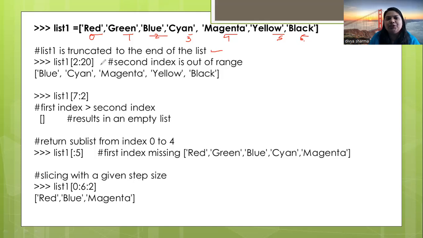Suppose we want to create a new list containing elements starting from index value 2 up to 20. Up to 20 means less than 20, that is, up to the 19th position. From the second index value, that is from blue onwards, it will contain all the elements. As we know, 20 is the given upper bound, but the maximum index value is 6. So no problem, it will contain all the elements